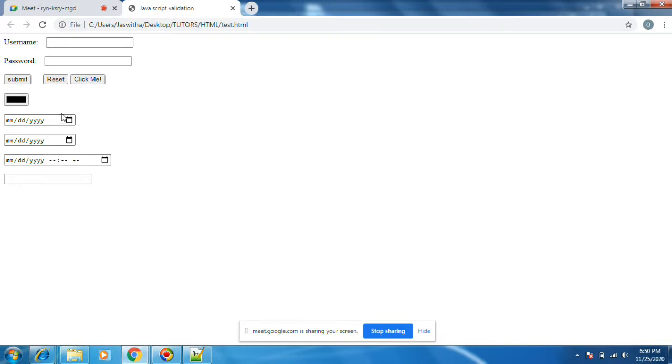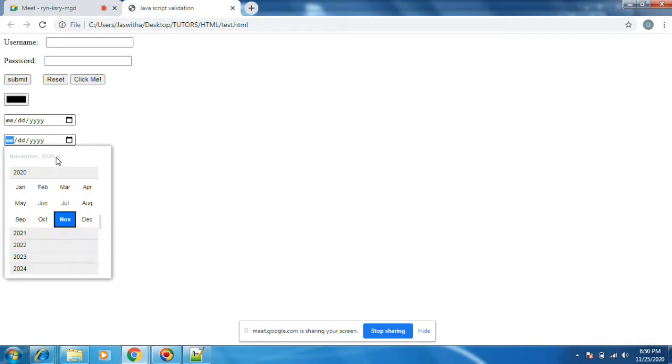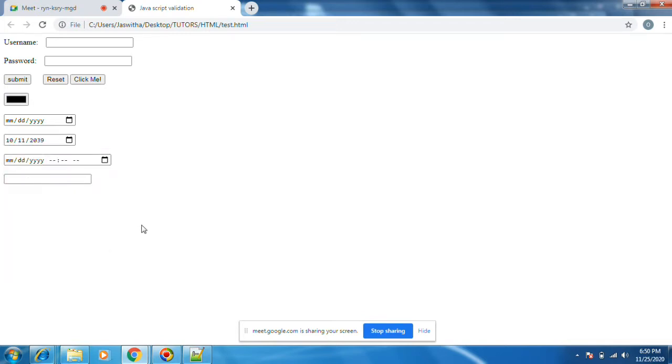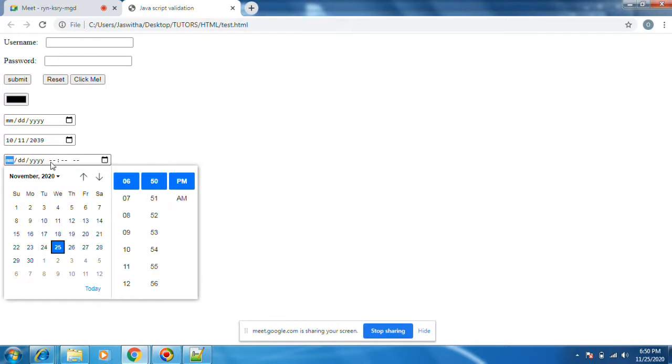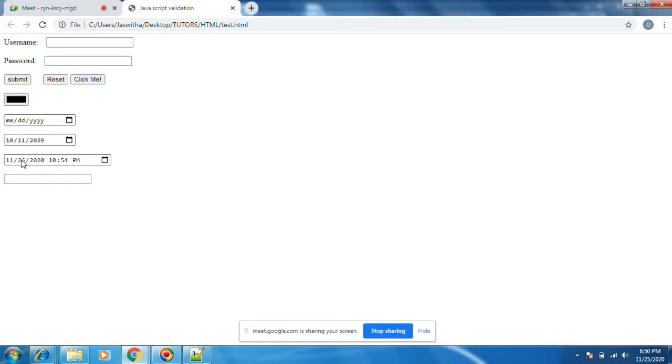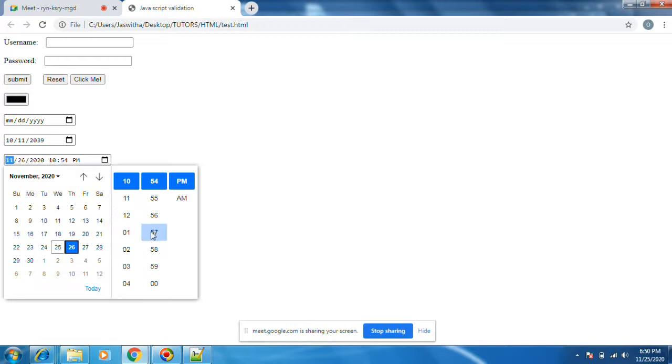This is normal date time. Here we have kept something called minimum and maximum. With the date timestamp, you see, it is coming as a date and then a timestamp, where you can select AM or PM.